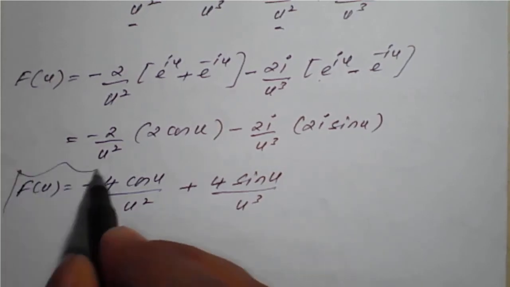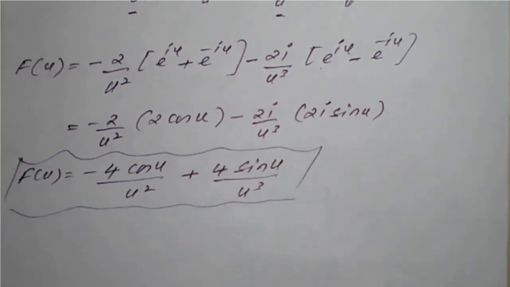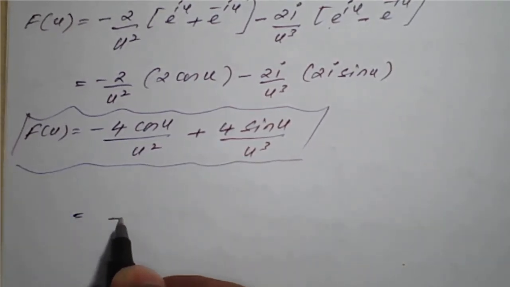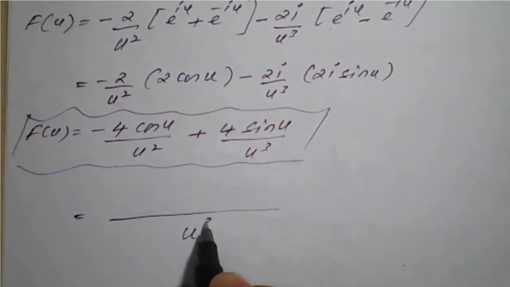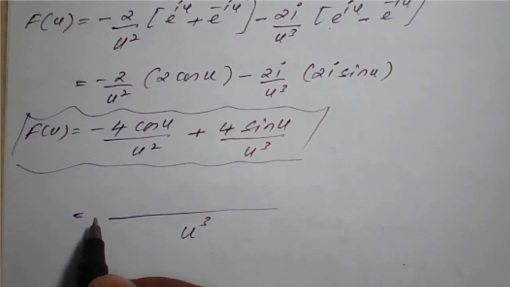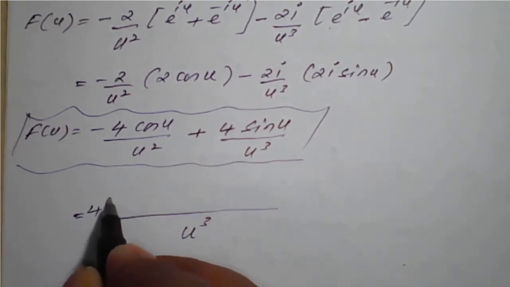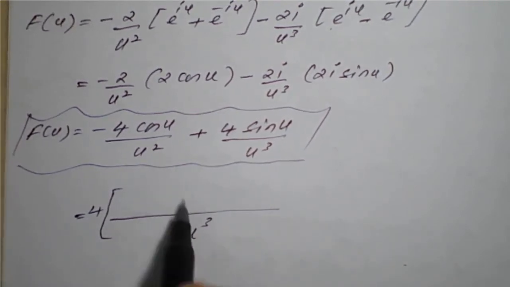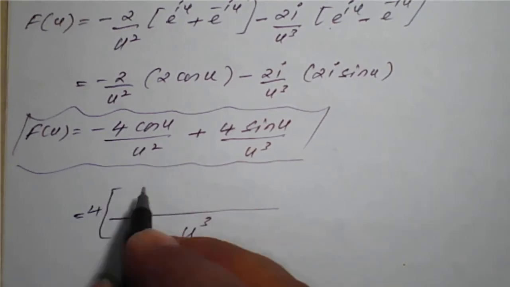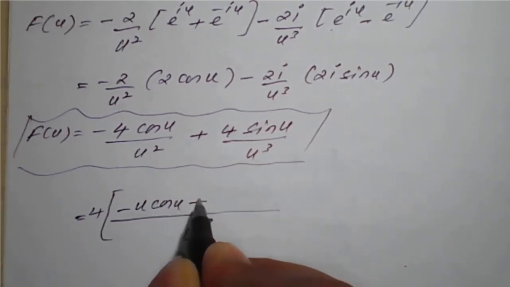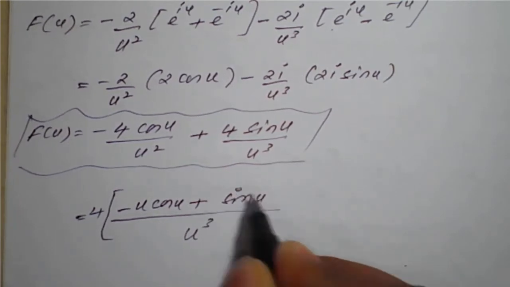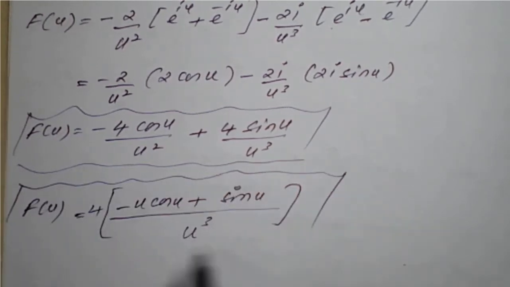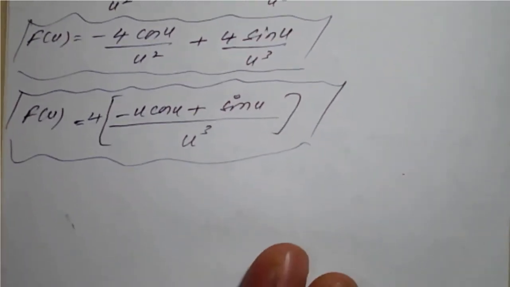So we got this f of u, or we will take LCM. The denominators are u square and u cube, so I can write the denominator as u cube only, and 4 I will take outside. So LCM is u cube, and u cube divided by u square is nothing but u, that u we need to multiply, so minus u cos u plus sine u. So this is the LCM, and this is the required